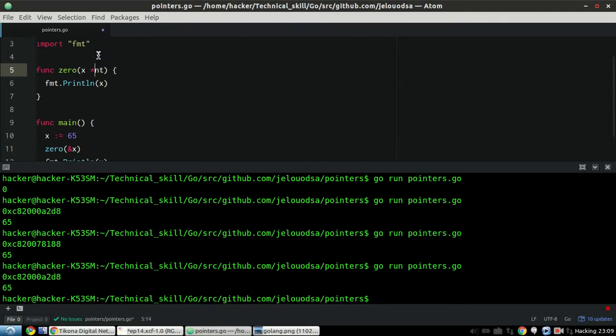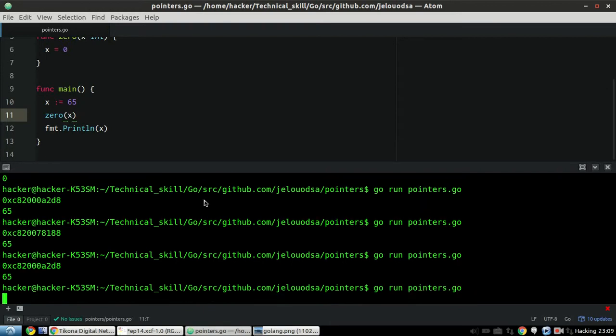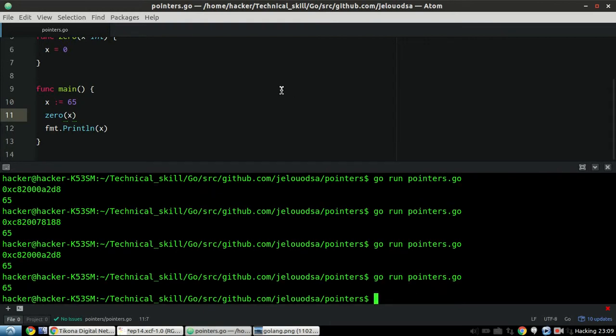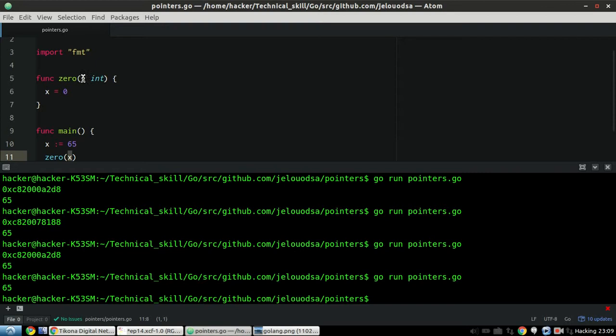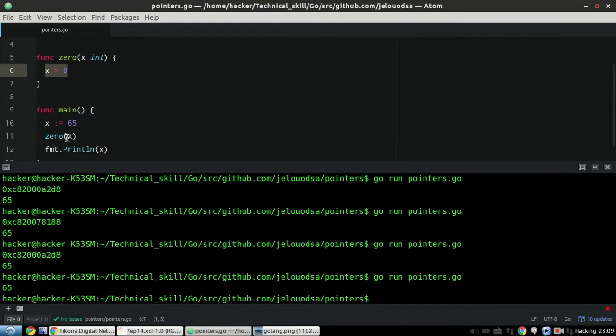Suppose we have an integer here and we say x equal to 0, and we print x. We should get 65 itself. This is because we passed the value of x, we didn't pass the address of x. So what happened here is, it has a local variable x which is an integer which had the value 65. We set its value as 0, but as soon as this function exited, the x that we are using is still this x, and its value has not been changed by the function, which only has access to a value passed from here.